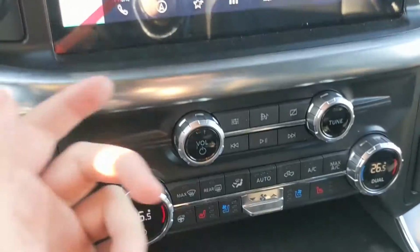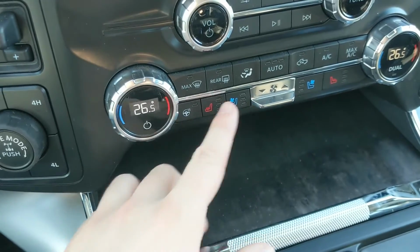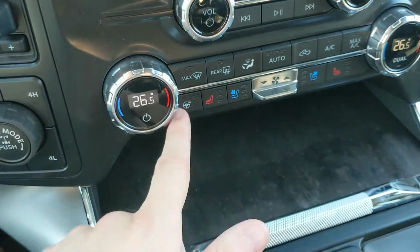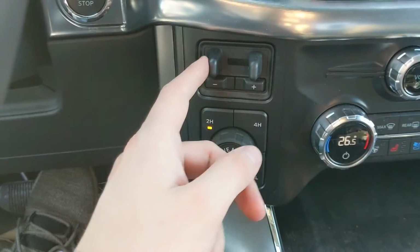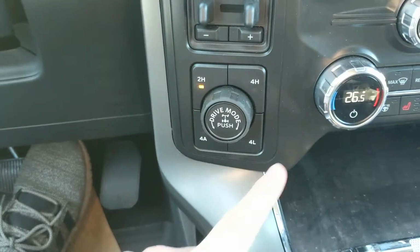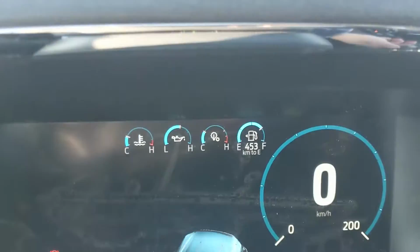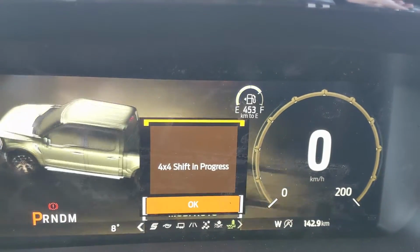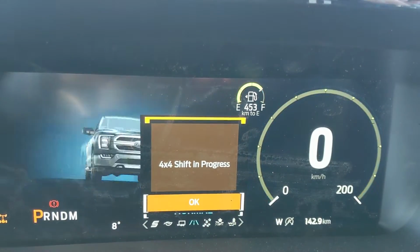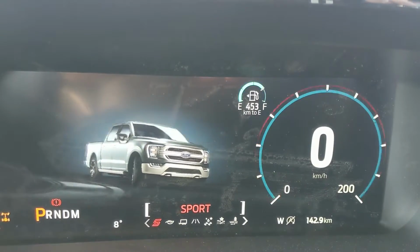But then moving down, you have your media controls and your climate controls here with dual zone front climate, heated and air conditioned front seats, and a heated steering wheel. To the left, you have your Pro Trailer backup controller, trailer brake controller, and 4x4 controls with 4 auto locking rear differential and drive mode selector for normal, slippery, deep snow, sand, and mud ruts. Then on the opposite end, you have tow haul, eco, and sport mode,